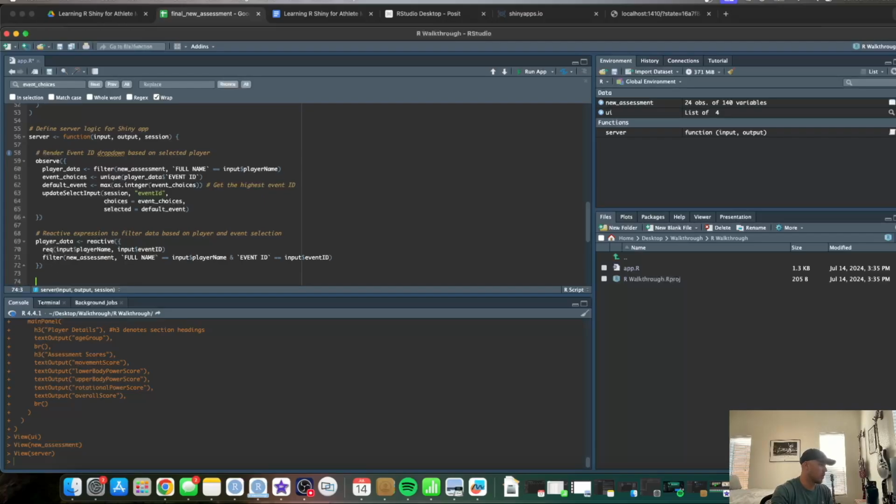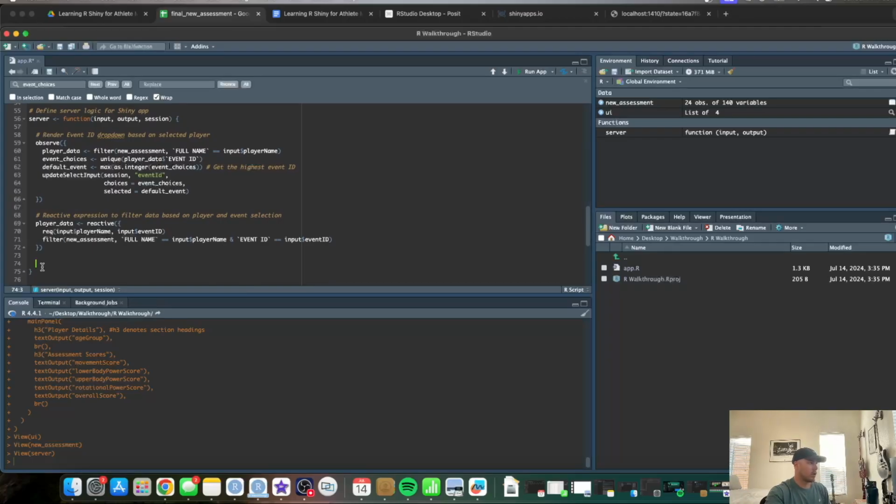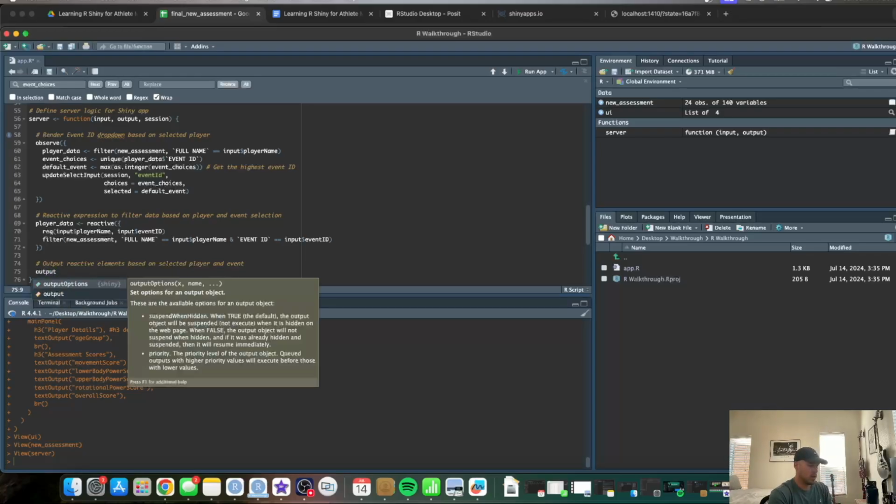Go ahead and hit enter. I'm going to make another line. Now what we're going to do is output reactive elements based on the selected player and event. So great, we're filtering the data, we're doing those things. What is going to pop up? So let's go ahead, comment this out. We want to output reactive elements based on selected player and event. So what is our output? The output,